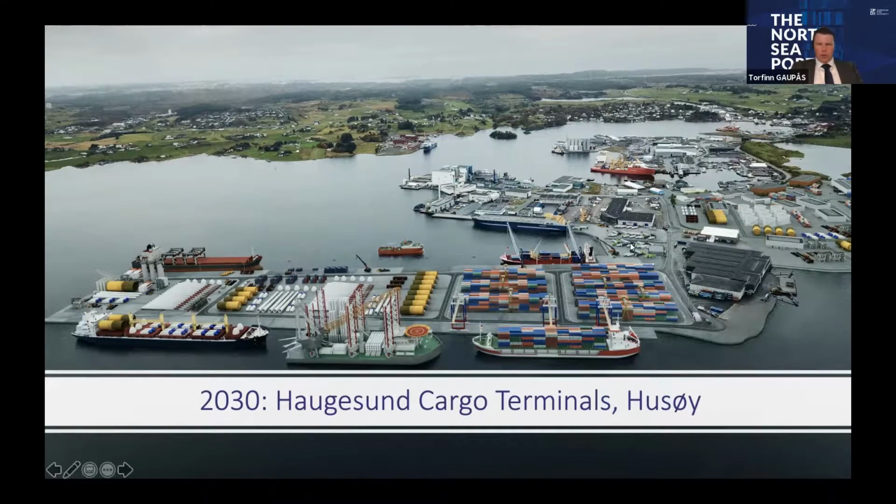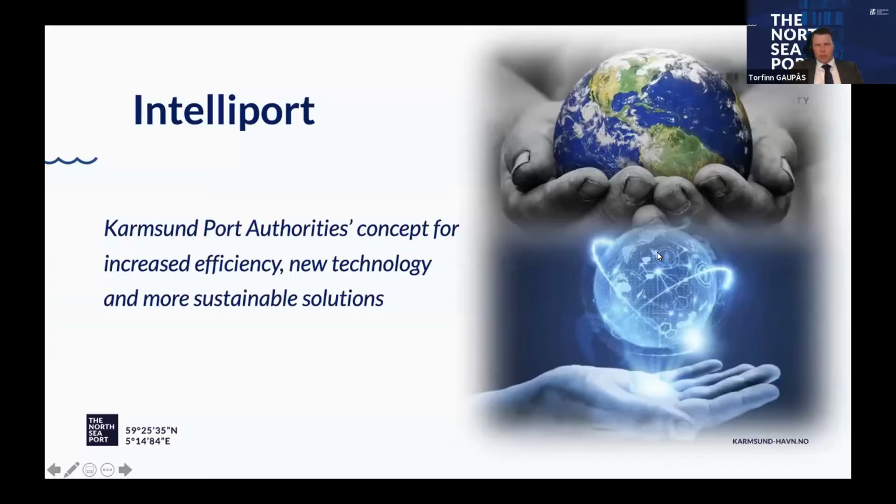I'll also just briefly mention our Intelliport program, because that's important from this equipment life cost point of view. Intelliport is, as it says here, our concept for increased efficiency, new technologies, and more sustainable solutions. And in this point of view, especially the electric drive was important to us for the zero emission